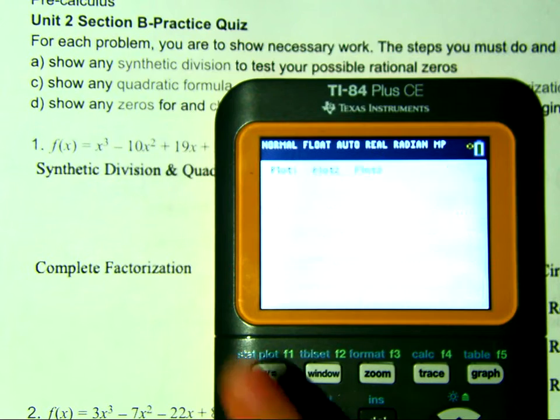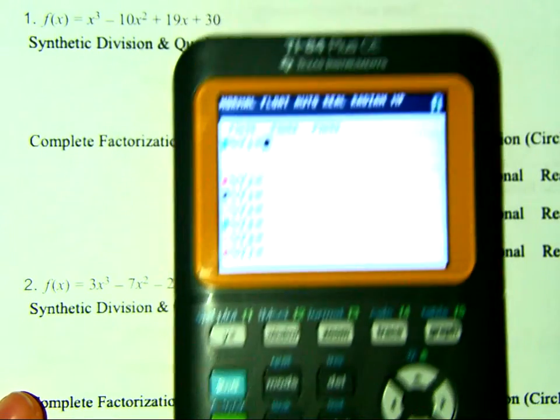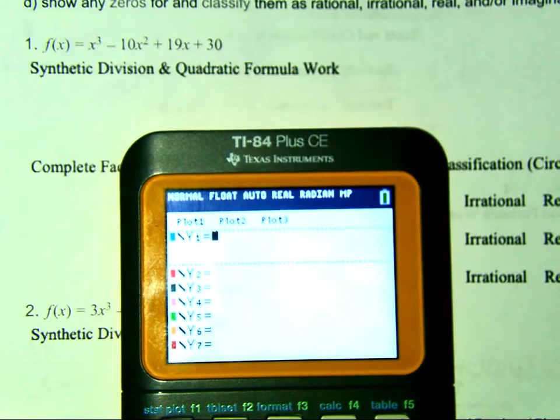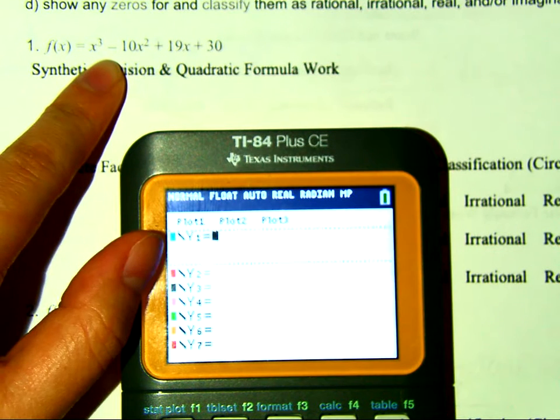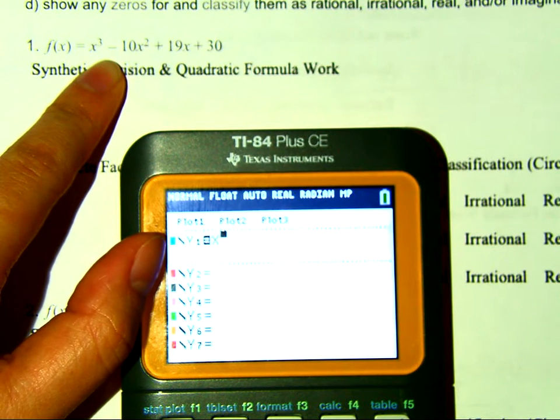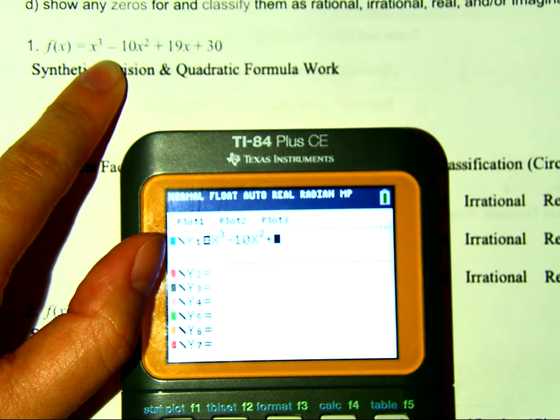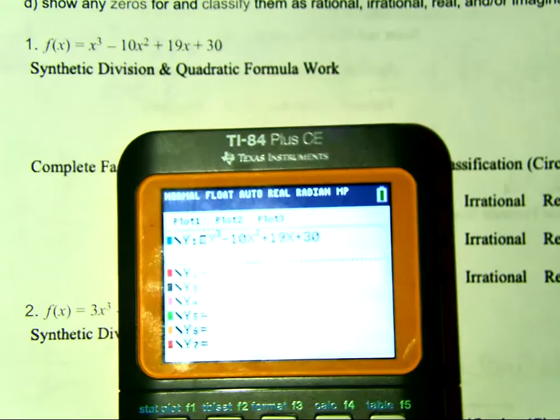Okay, and go to y equals 2. Go to y equals 2. So I need you to type this whole function. So we have x to the power 3 minus 10x squared plus 19x plus 30. Okay, after you are done with this,